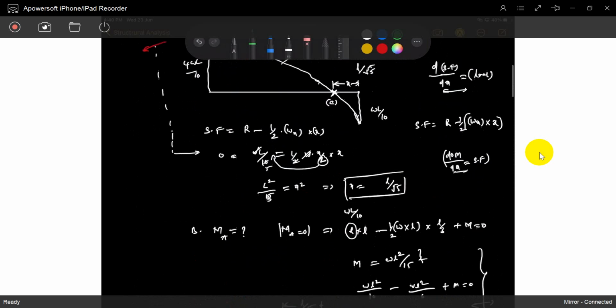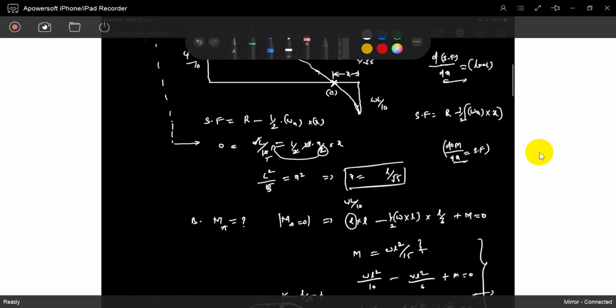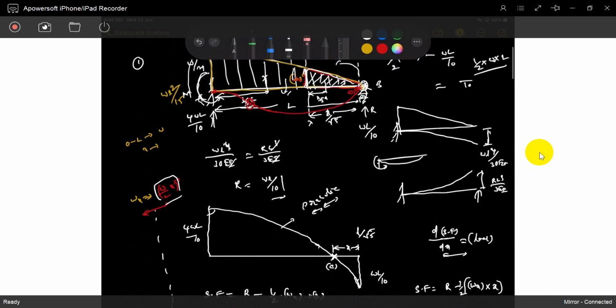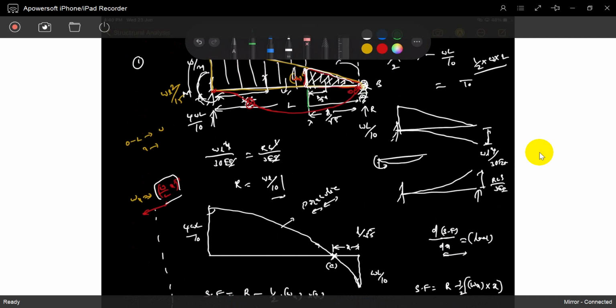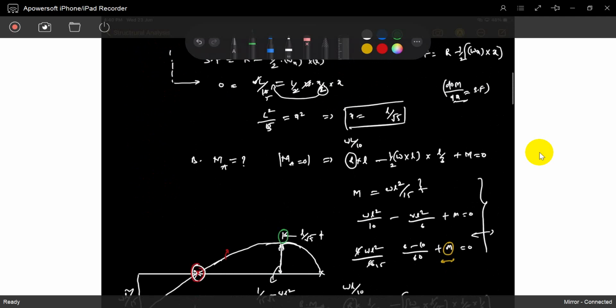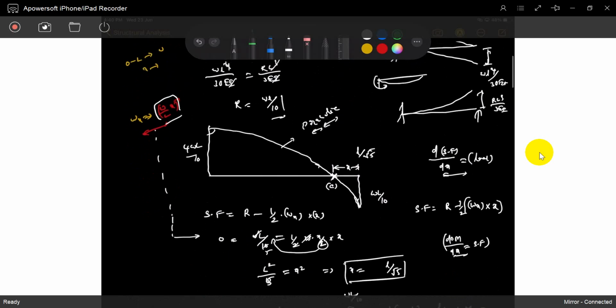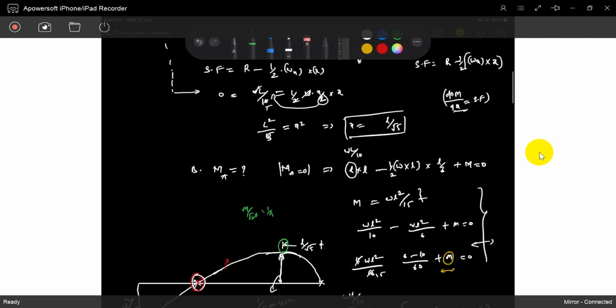So now my intention is, see, this is the problem. So someone asked, maybe it has deflection. This place is maximum. So what is the deflection? So see, it is the maximum bending moment. So maximum bending moment is there. Most probably maximum deflection is there because M by EI is 1 by R. So maximum deflection occurring chances are more. So my intention is to find out the deflection at the maximum bending moment location.